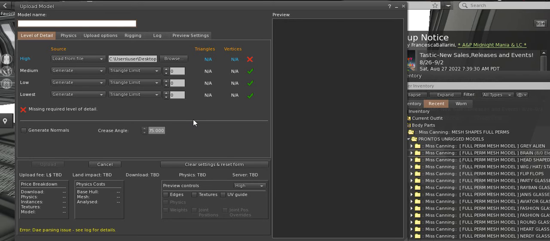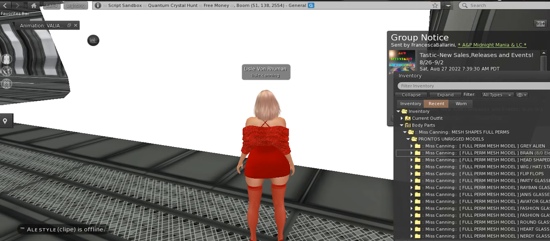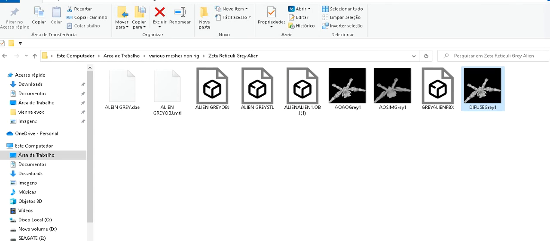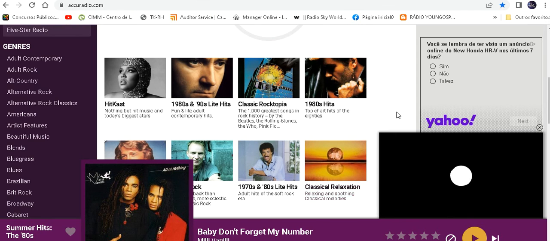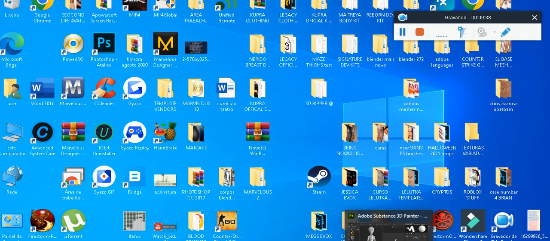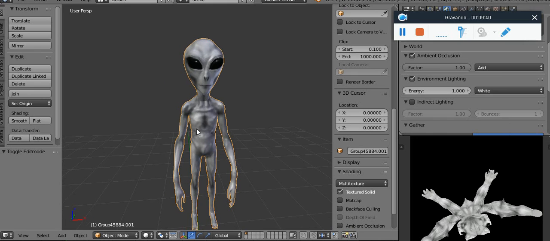This model is too big. Okay, it will get this kind of error here. Okay, it's either too big, or the normals are inverted. There are so many problems that a model can have, but let's try here. Okay, so let's